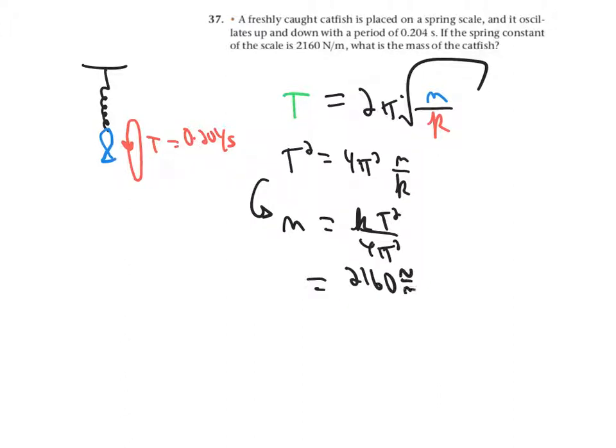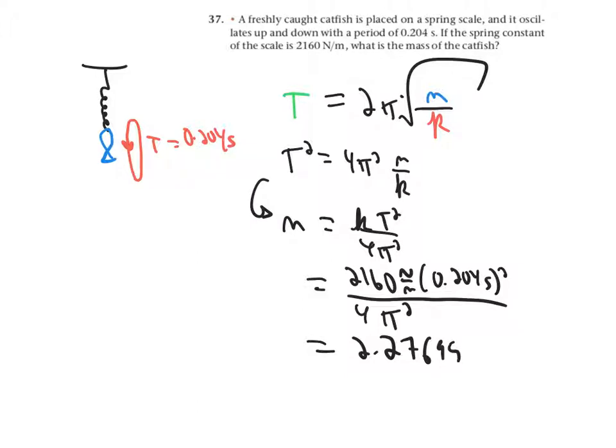2160 newtons per meter times 0.204 seconds squared over 4 times pi squared. We get 2.27695 kilograms, which of course, based on our sig figs, where we have 3 sig figs, means that we get